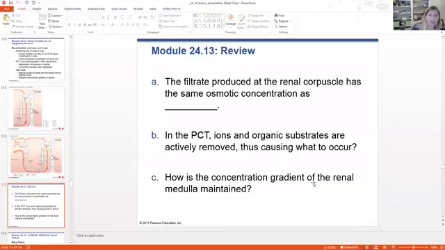I think I'm going to stop the video here so you can go back and review this section. We might have one or two more little videos of this chapter. So we're going to go into what happens in renal